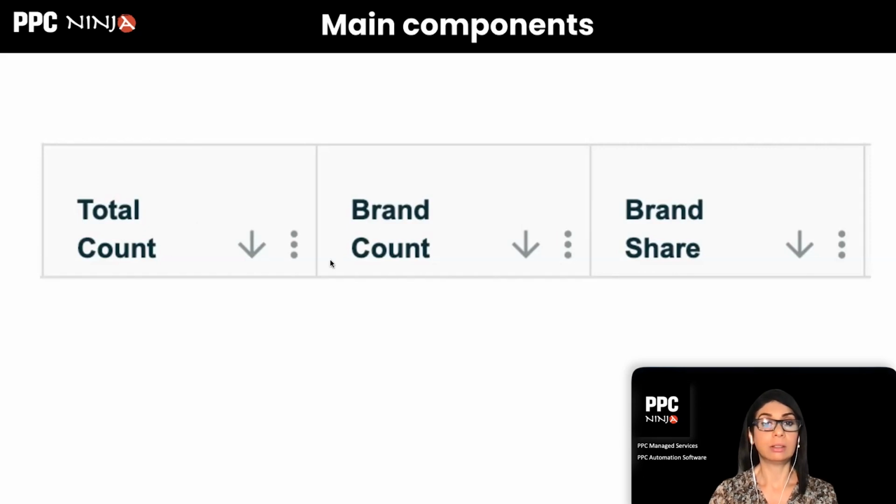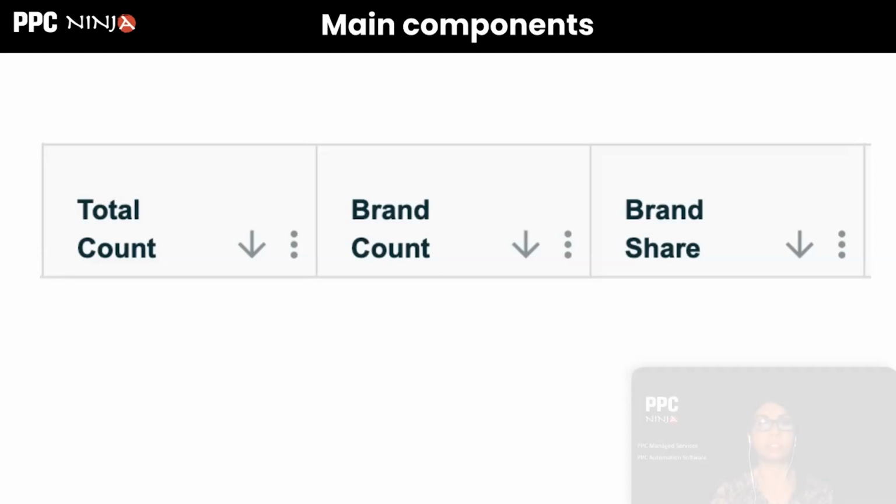Then you get the brand count, which means how much of those impressions, for example, went to the brand, right? And then they will also give you a ratio, which is just the percentage of the brand share with respect to the total. So that's just something you need to understand, because that data is quite overwhelming. It's got so many columns that they don't even fit on one screen. You've got to horizontally scroll to the right to be able to see the whole picture.